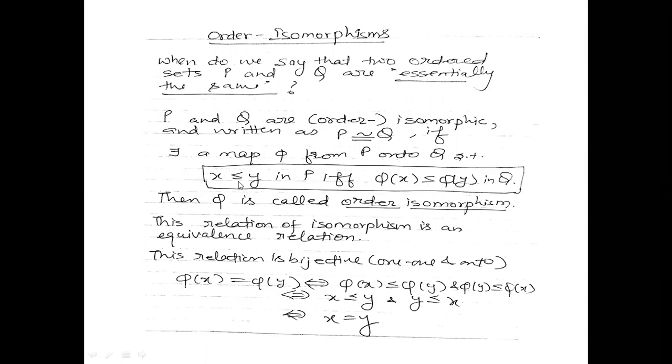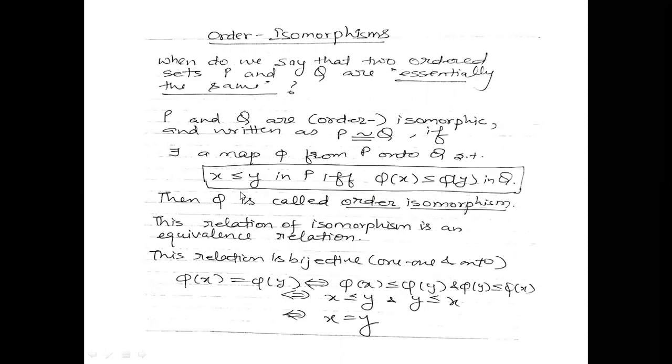We can also write it as less than or equal to with subscript P, if I want to specify that this is the relation in P, and write a Q in the subscript here. But because there is no confusion about the relation, we usually write the same notation on both sides. So this relation is denoted by the same symbol on both sides.